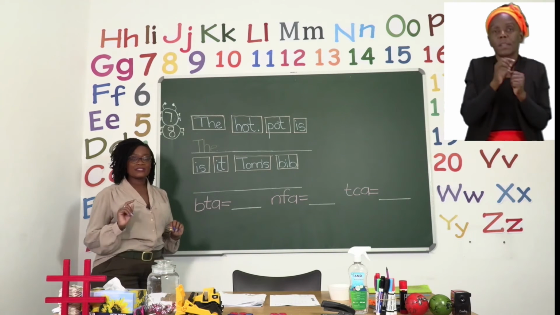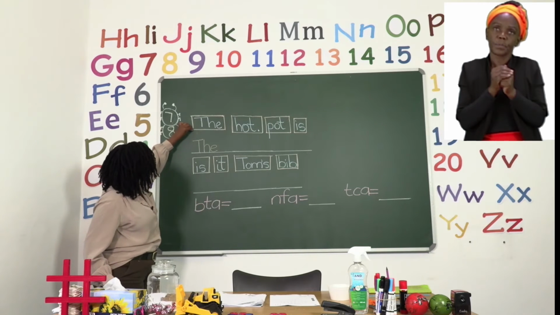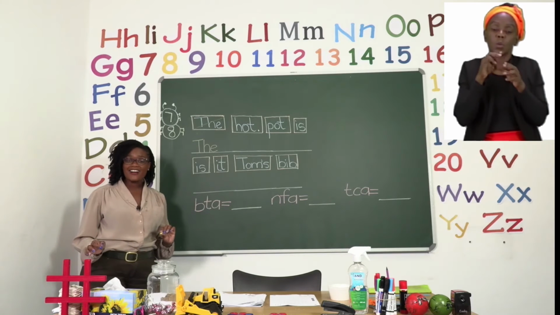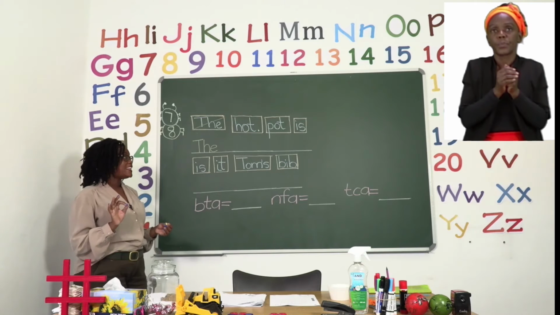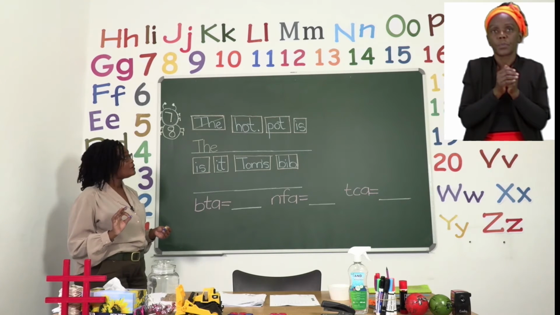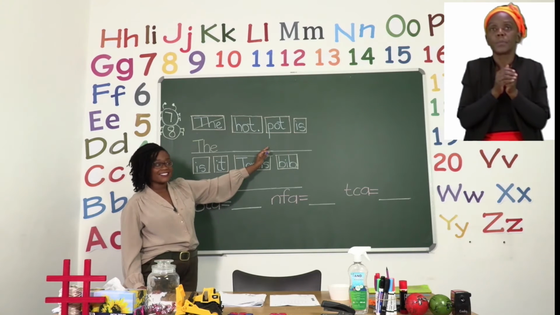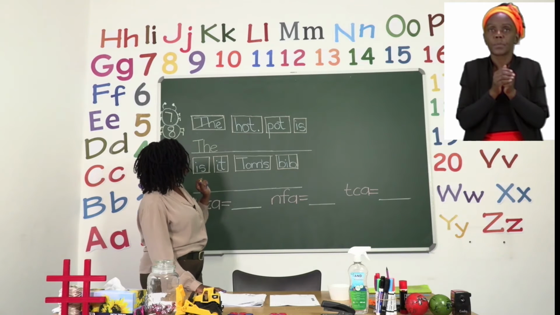Now that we have used that block, we are not going to use it again, so we are going to cross it out. The reason why we are crossing it out is so that we don't try to use it again. Now we need to find the other words we're going to put to complete the sentence. So let's try and find the next one.